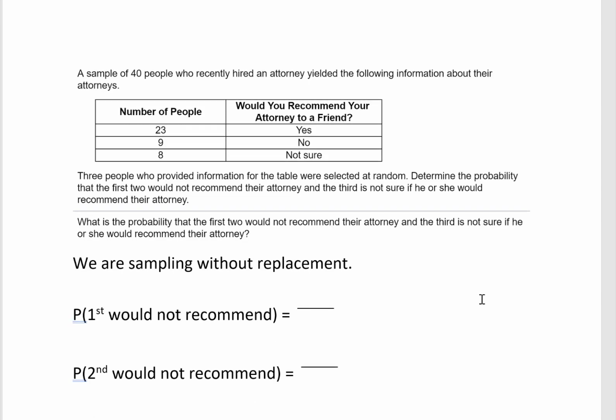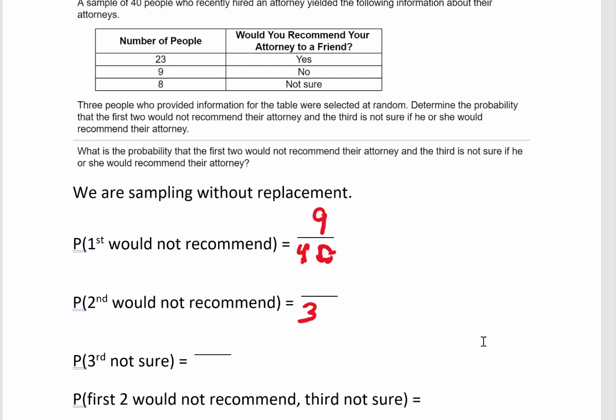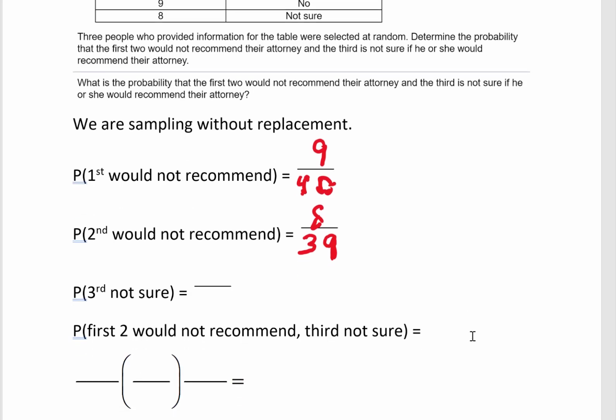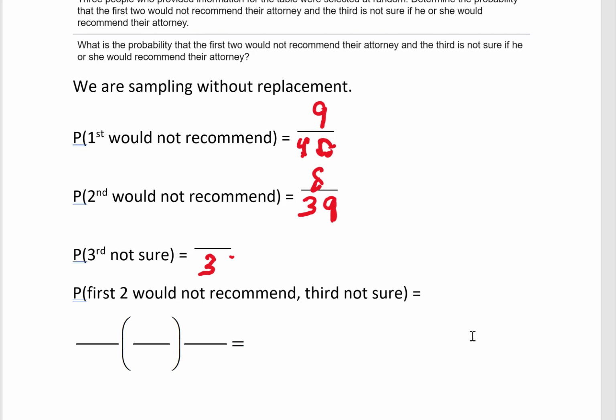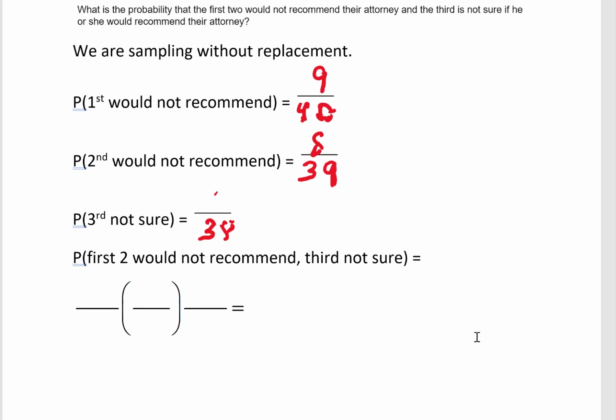So when we pick the first person, there are 40 people in the table. And the probability that the first person would not recommend, we see there were not recommend was 9. So this is going to be 9 out of 40. We're not going to put that person back in. So when we go back in the second time, there's 39 people left, and 8 of those would not recommend because we're going to assume that we got a person who did not recommend on the first draw. And on the third draw, there's 38 people left. But we haven't picked anybody from the not sure group, and there were a total of 8 people in that group. So the probability of getting 2 who wouldn't recommend and the third not sure is going to be the